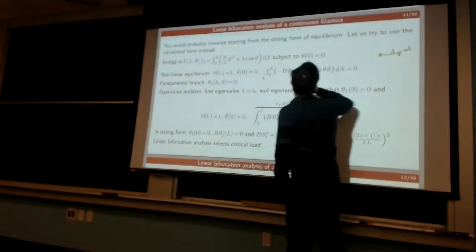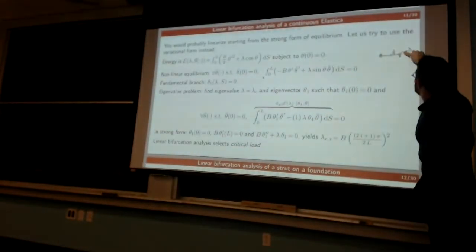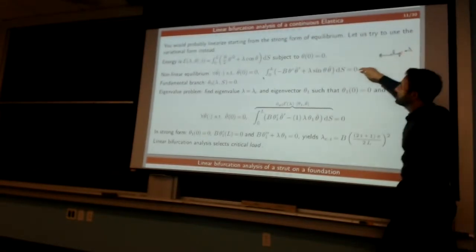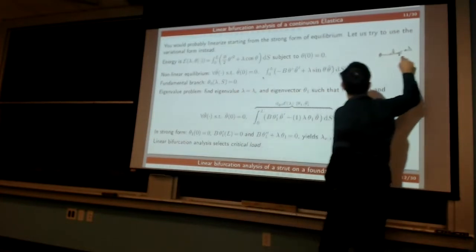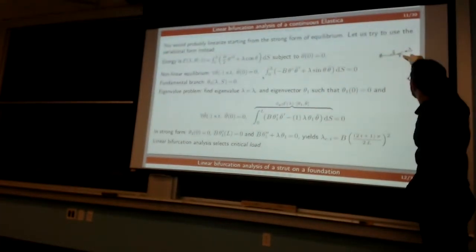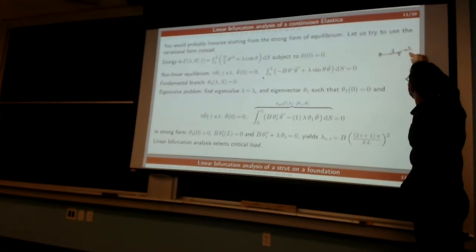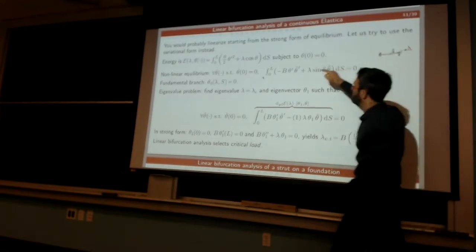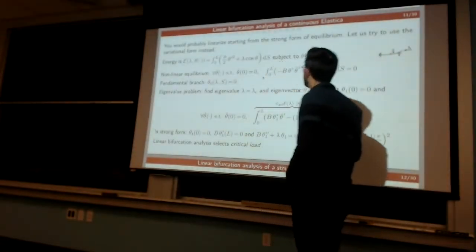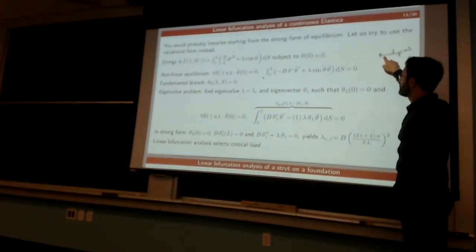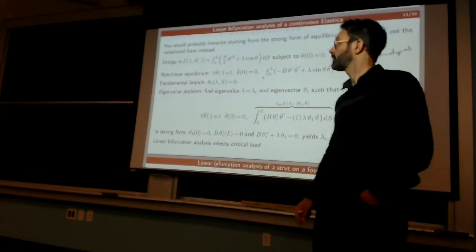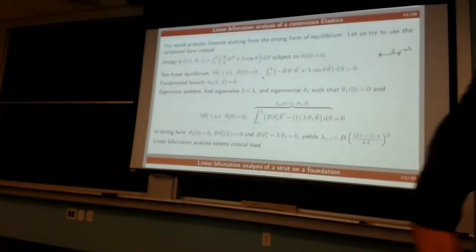This integral of cosine theta is the projected position of the endpoint here. So the work of the external force is lambda times this. That's my total energy, and I could be using clamping conditions, for instance, theta equals 0. So then we do exactly the same